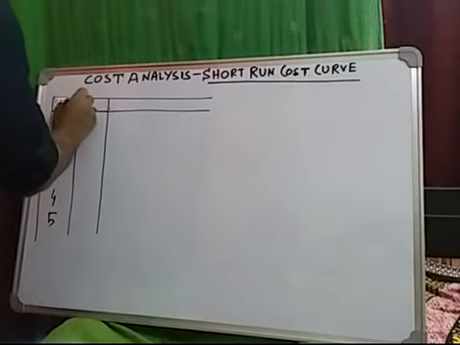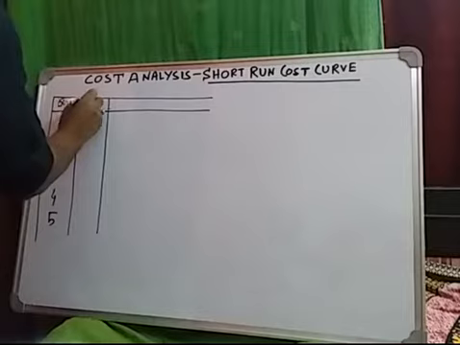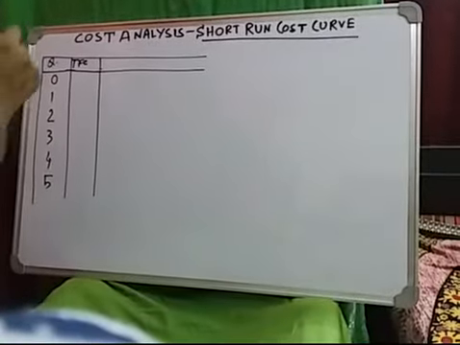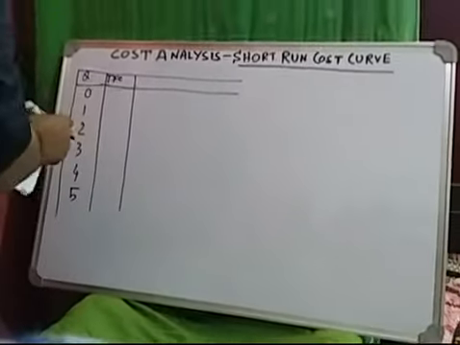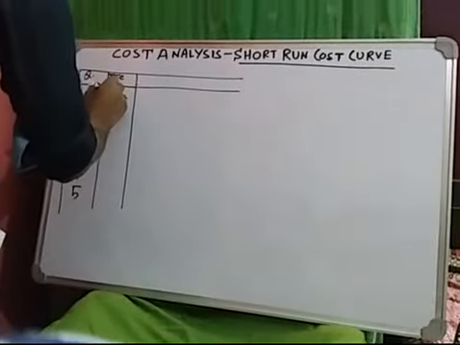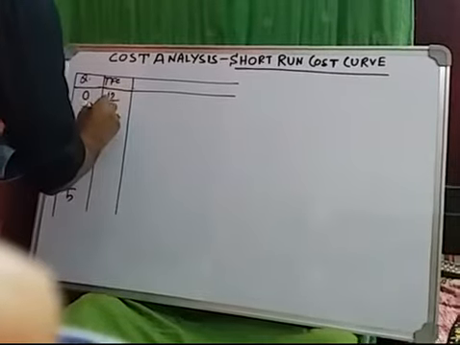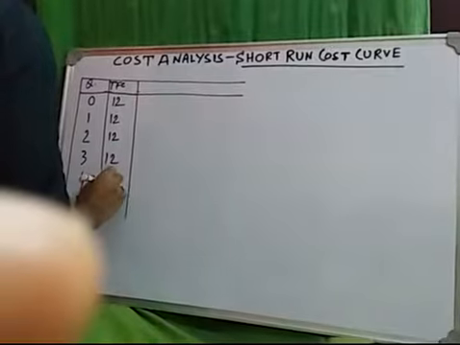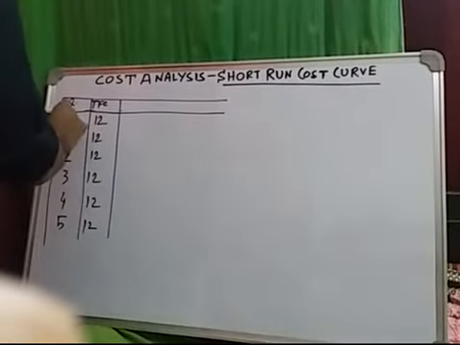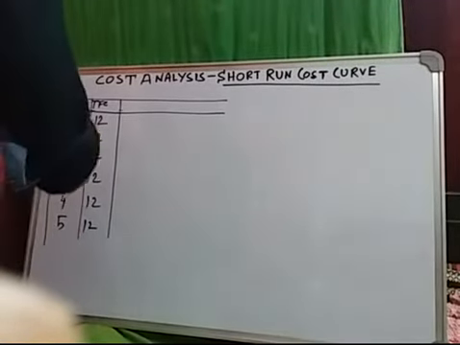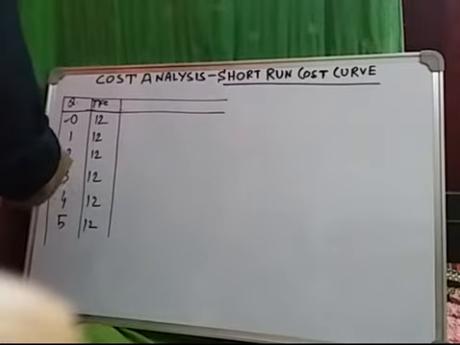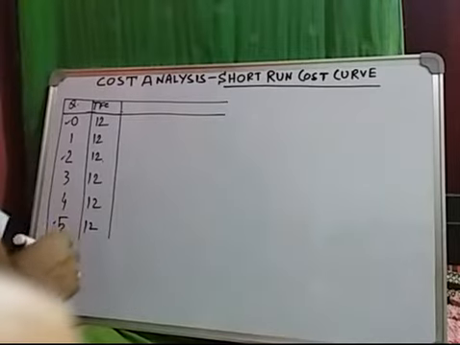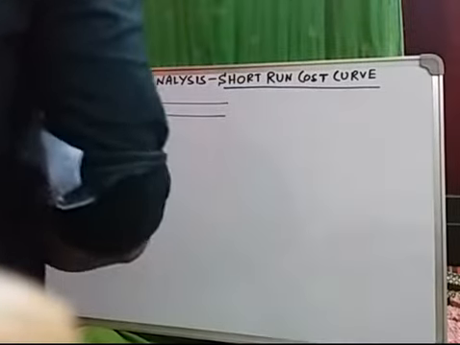We know the TFC concept. TFC is fixed in nature. If you produce 0 units, you will still have to pay the fixed cost amount. Assume the fixed cost is 12 rupees. If you produce 0 units, you pay 12 rupees; if you produce 2 units, also 12 rupees; and if you produce 5 units, also 12 rupees. Now see in the diagram